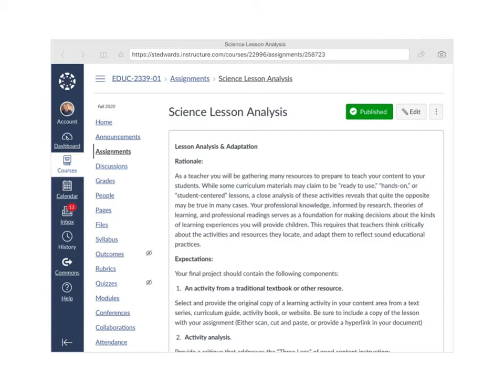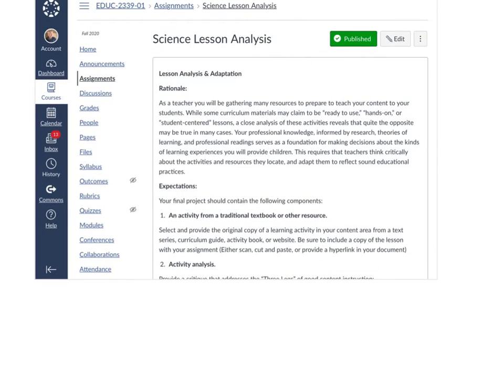Okay, so basically the rationale for this is that as future teachers and as teachers that are new in the classroom, you typically will be given lessons to work with rather than having to design them from scratch. And so the goal for this exercise is for you to take a more traditional teacher-driven lesson and convert it and adapt it to one that's more student-centered around the learning cycle or the 5E model. And so the expectation is that you find a traditional activity from a textbook or another source, that you analyze that activity